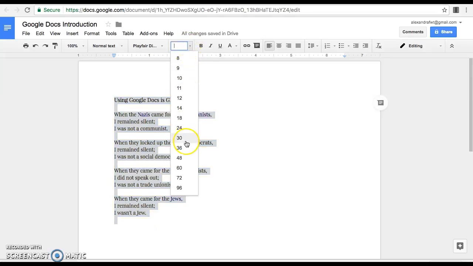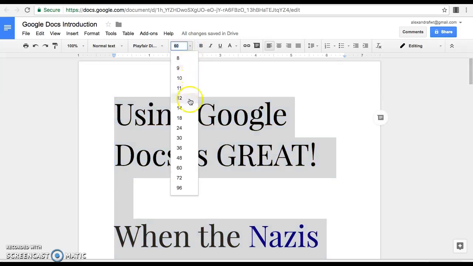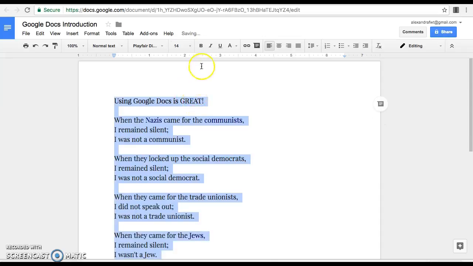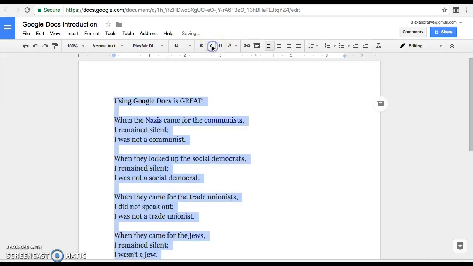There's a whole array of sizes. I could go really big, which is great for using posters or other such items. Okay, I like it a little bit bigger. And then here I have my bold or unbold. I can put things in italics, underline,